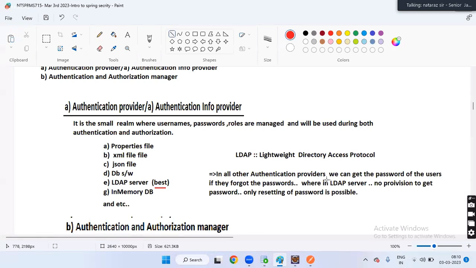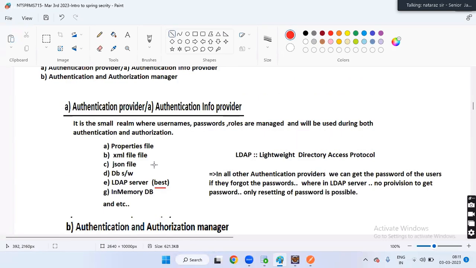In all other authentication providers, we can get the password of users if they forget the password. Whereas in LDAP server, no provision to get the password, only resetting password is possible. Clear, my dear? That's why LDAP is good. And we are going to configure LDAP server in our applications.